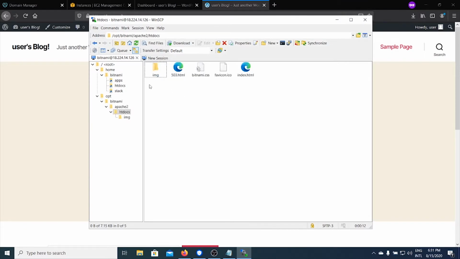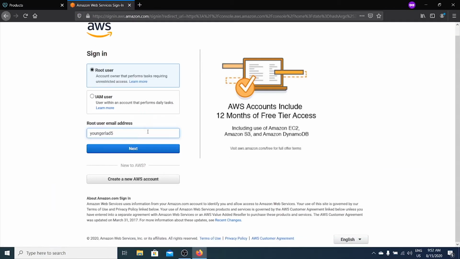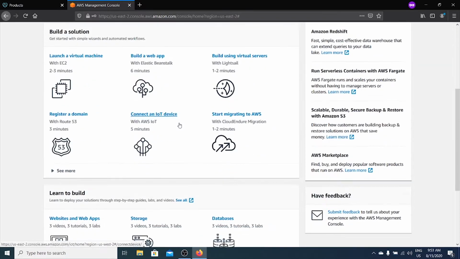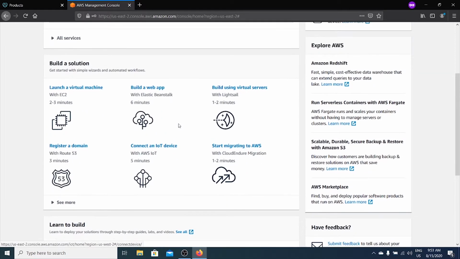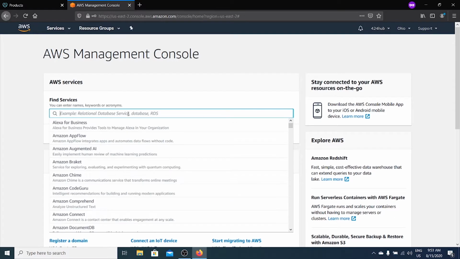So let's get started. First you need to create an account in case you don't have one. I already have one, so I'm just going to sign into it. Once you sign in, this is what you're going to see. From here, to install WordPress on EC2, we need to launch EC2. So you can basically search for EC2 here